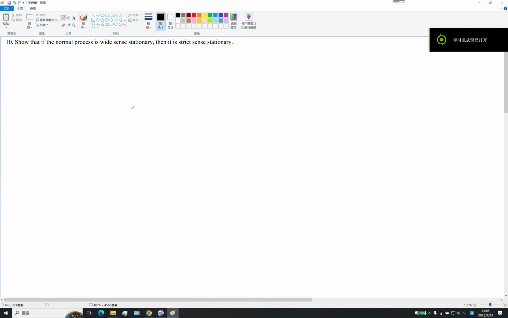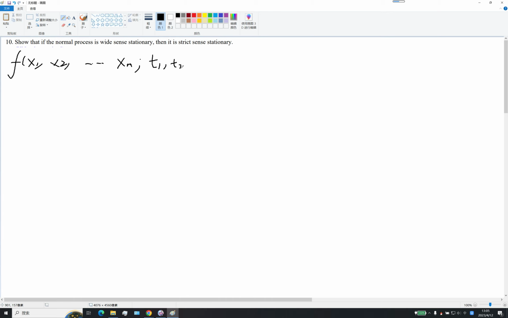Hello, this is question 10 of homework 8, and we want to show that if the normal process is wide-sense stationary, then it is strict-sense stationary. So when we get a normal process, it can be written like this, f of x1, x2, ..., xn and t1, t2, ..., tn. So when we write the covariance of them, which is C of t1, t2, ..., tn,